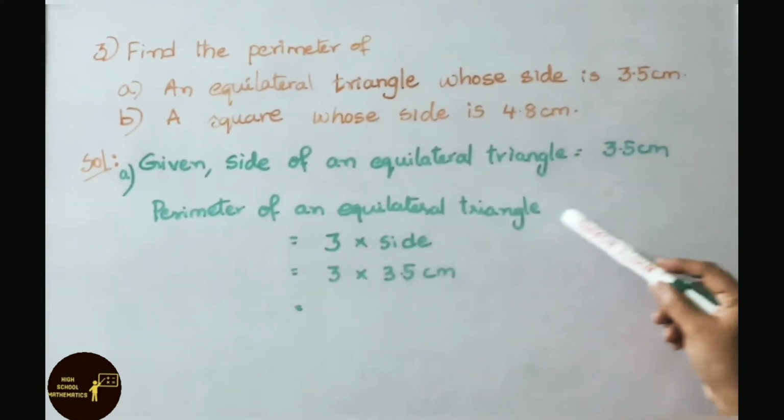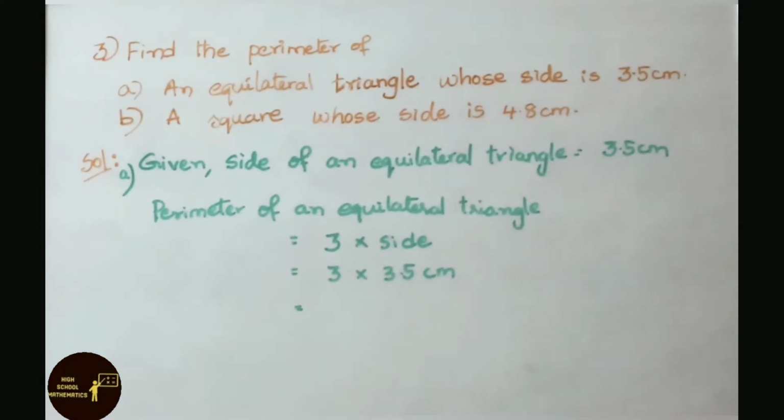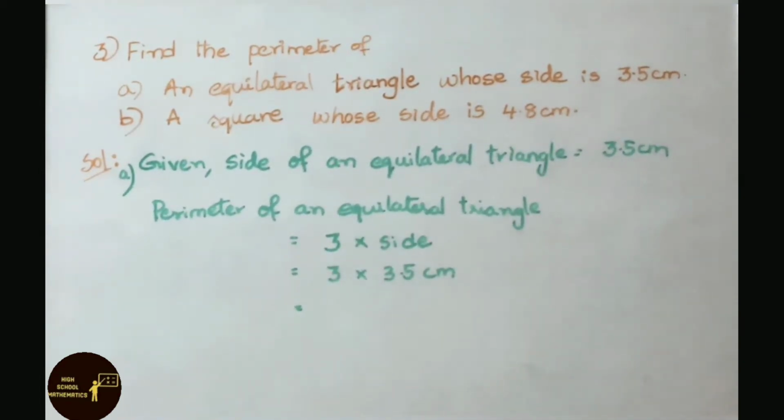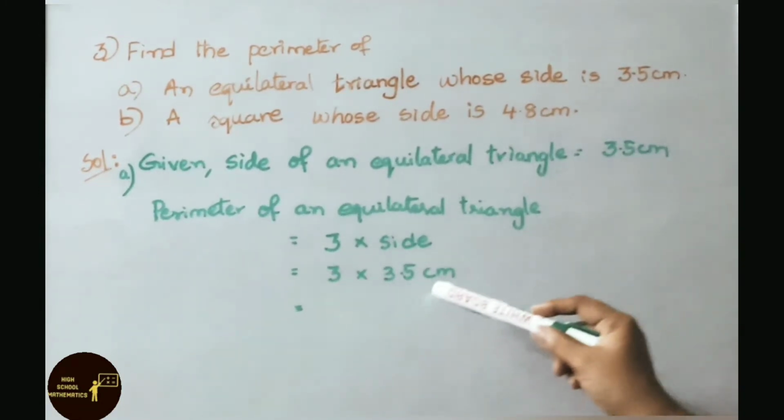Perimeter of an equilateral triangle is equal to sum of its three sides or 3 into side. Why? Because a triangle has three sides. Equilateral triangle means all sides are equal. Now the formula is 3 into length of each side, that equals 3 into each side length, which is 3.5